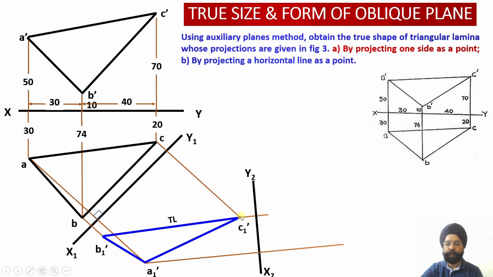After drawing these projections, now you can just draw projectors through this particular point. So we are going to draw projectors through B1 dash and C1 dash. Similarly, the projector through A1 dash will be drawn as shown over here. Now I have to draw the plan. So since the first view was elevation, second was plan, third is elevation, the fourth view is plan which I have to draw.